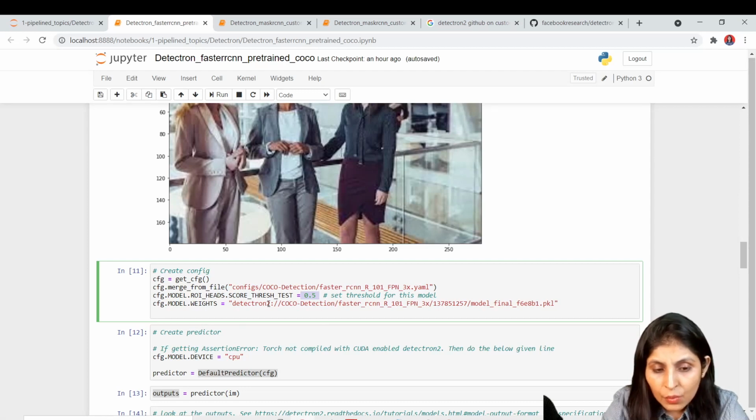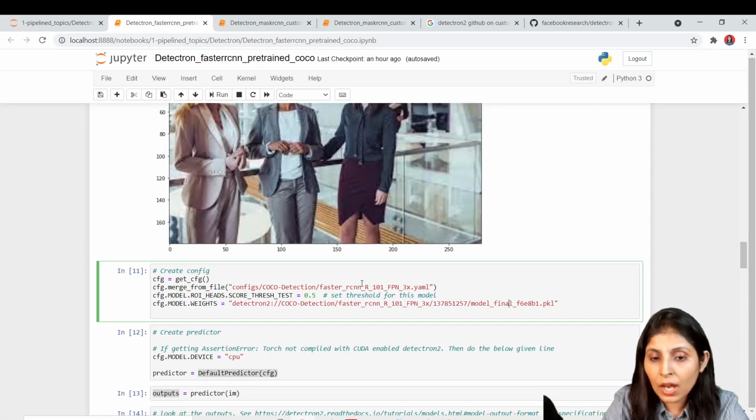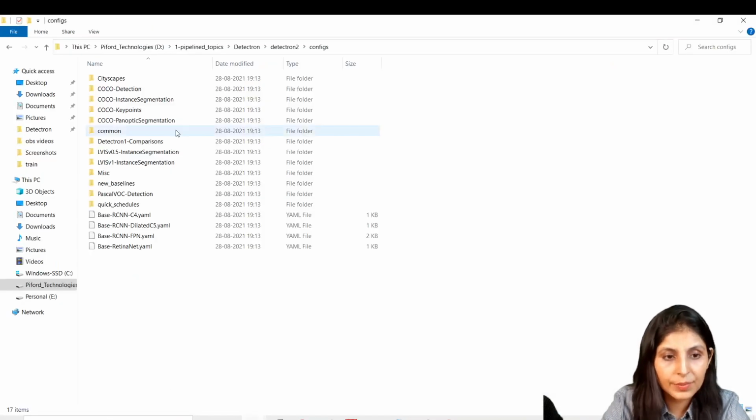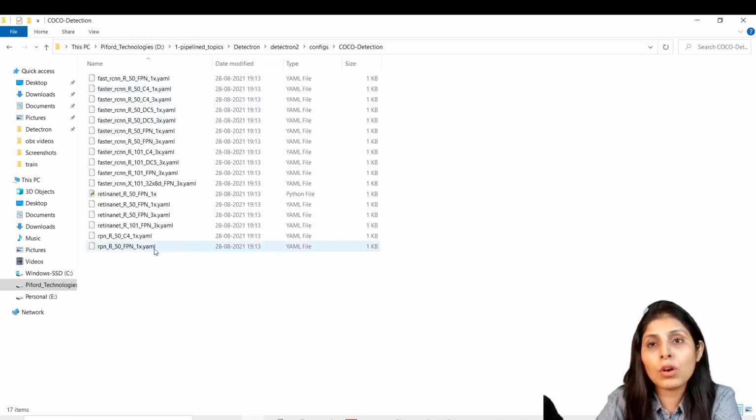And then we are uploading the model weights, right? So from where are we uploading the model weights? We are using the Faster R-CNN model. Okay, let me open it from here only. Under COCO detection, you can see, guys, there are different models. You can choose whichever model you want to use.